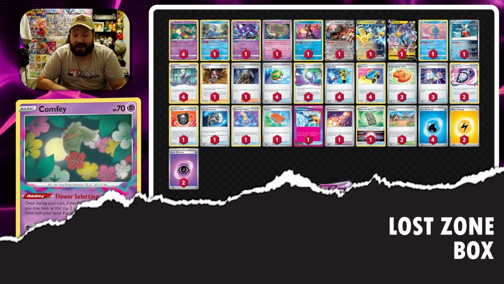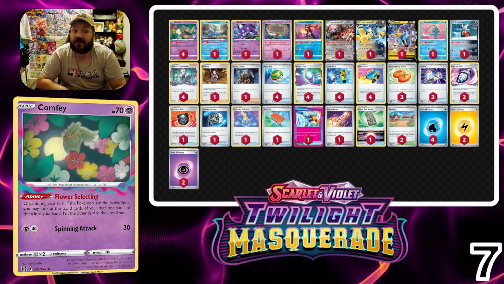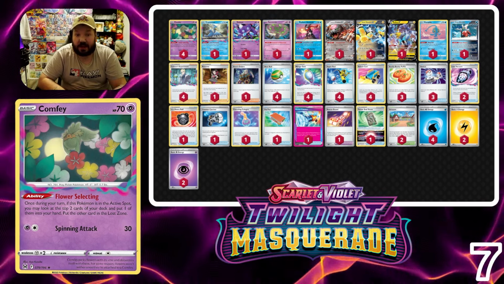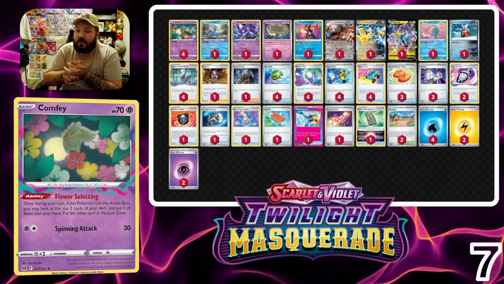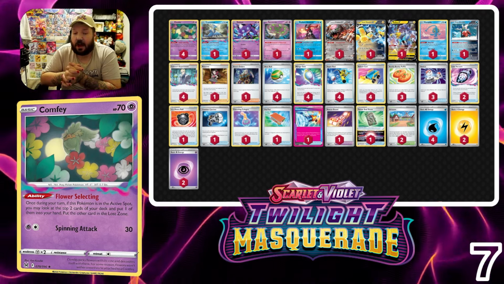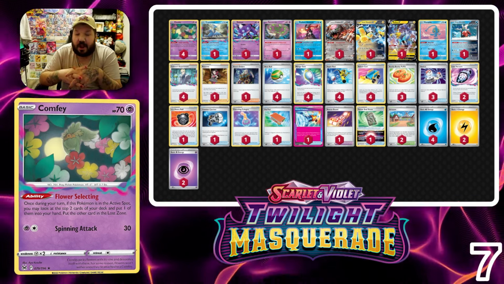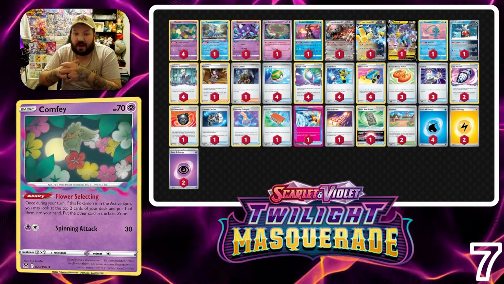We've only gone through a handful of decks, but right now we are at another Lost Zone Box deck, and it is just normal Lost Zone Box. Lost Zone Box has cut a little bit of the fat when it comes to this deck, cutting Hoopa and cutting Roaring Moon EX. Those are cards that I don't know if we need right now, and really replacing them with Blood Moon Ursaluna EX. So similar to our Lost Zone Tina, everything is exactly the same except we have the Blood Moon Ursaluna, and